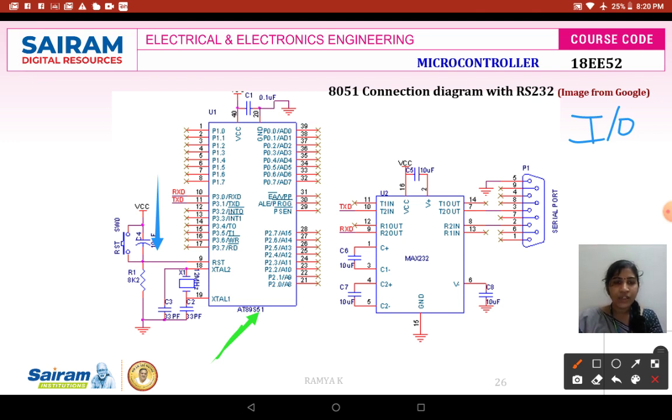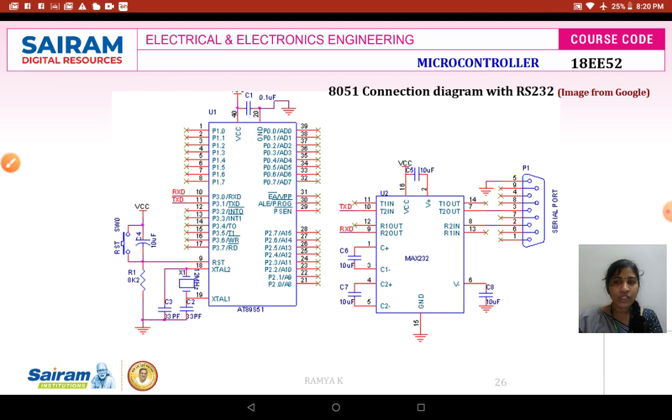So mainly when you are interfacing your RS-232 with 8051, you are going to utilize the pins receive data and transmit data, that is RXD and TXD. These will be connected to the 8051 chip, and from RS-232 the second pin and third pin are going to be your RXD and TXD, connected to one pair of transmitting and receiving of your MAX 232 chip.